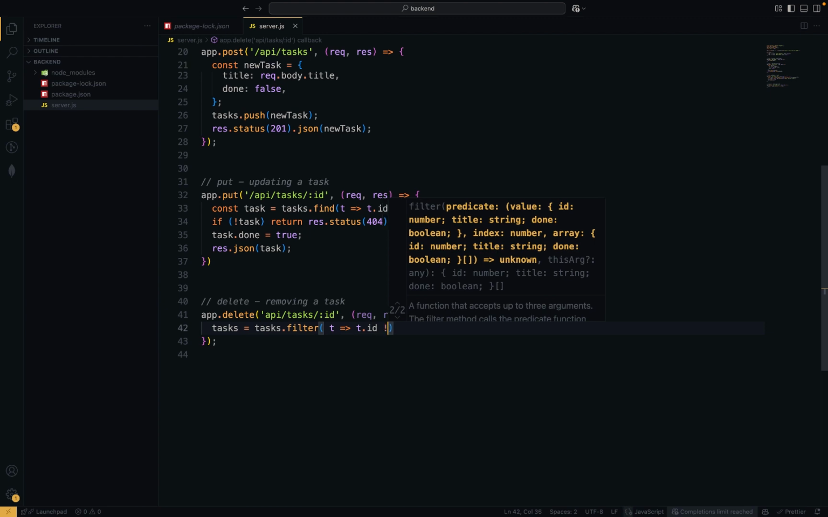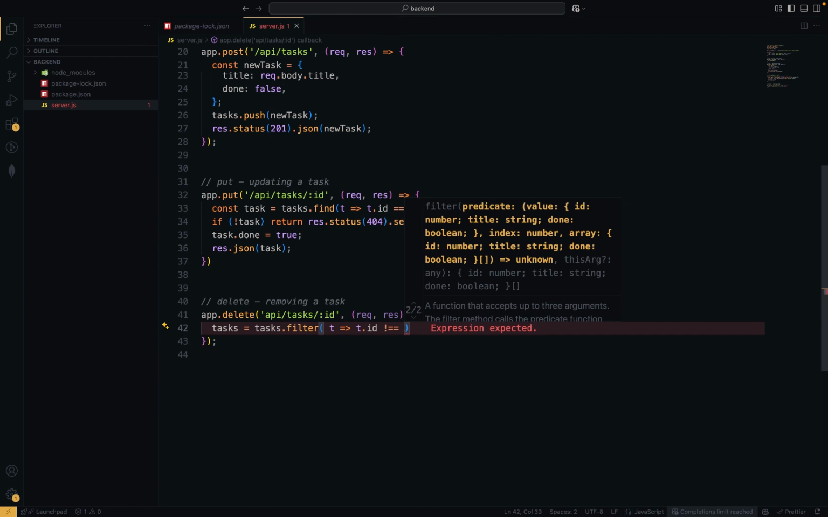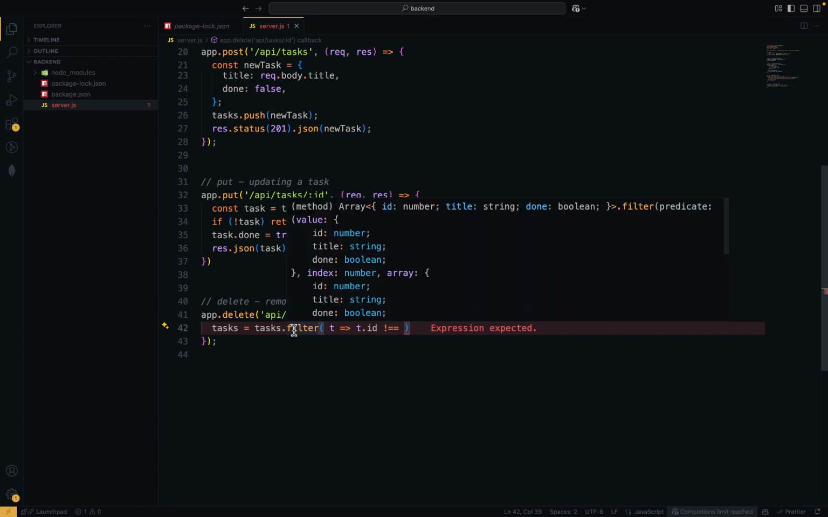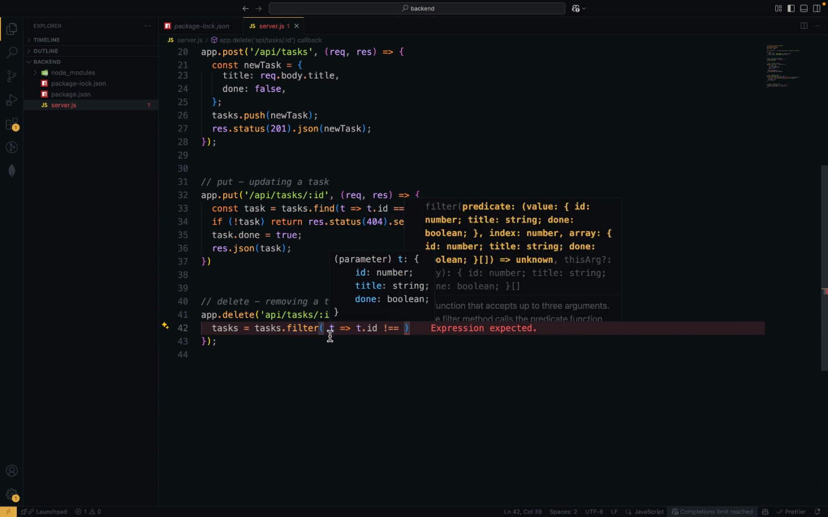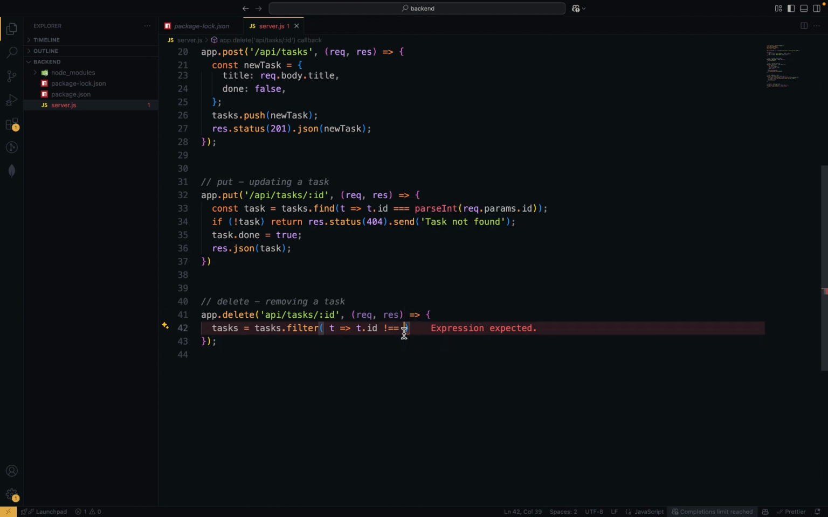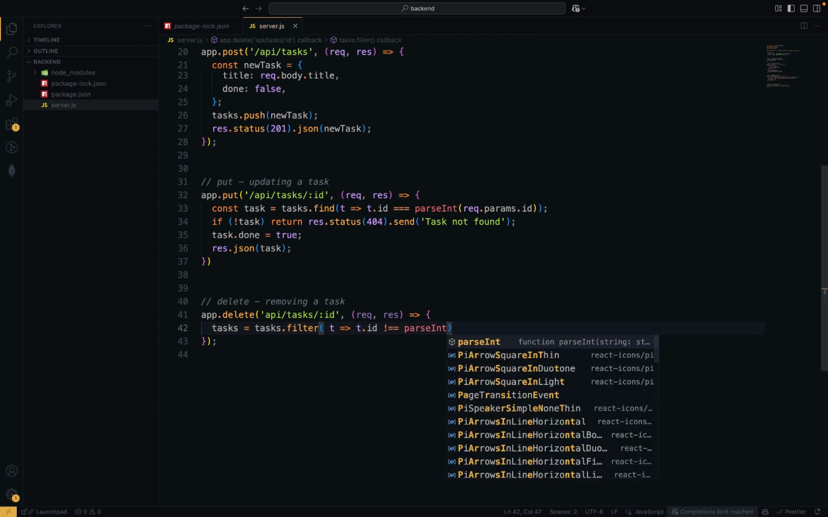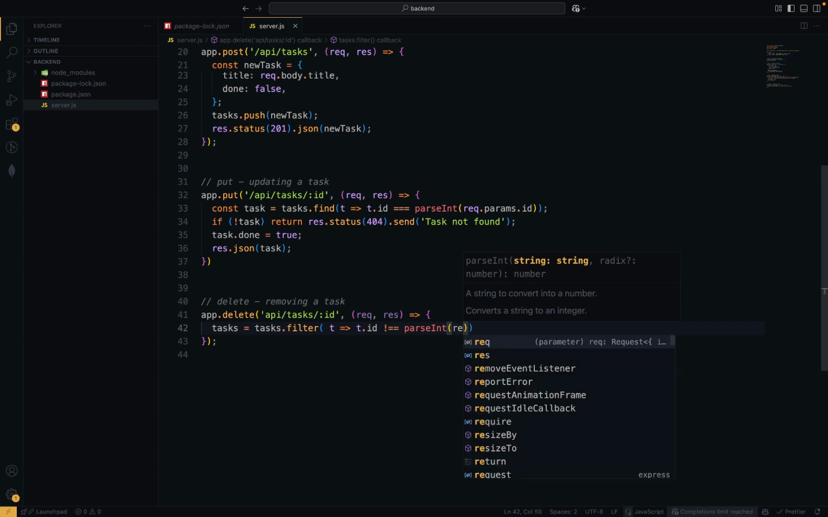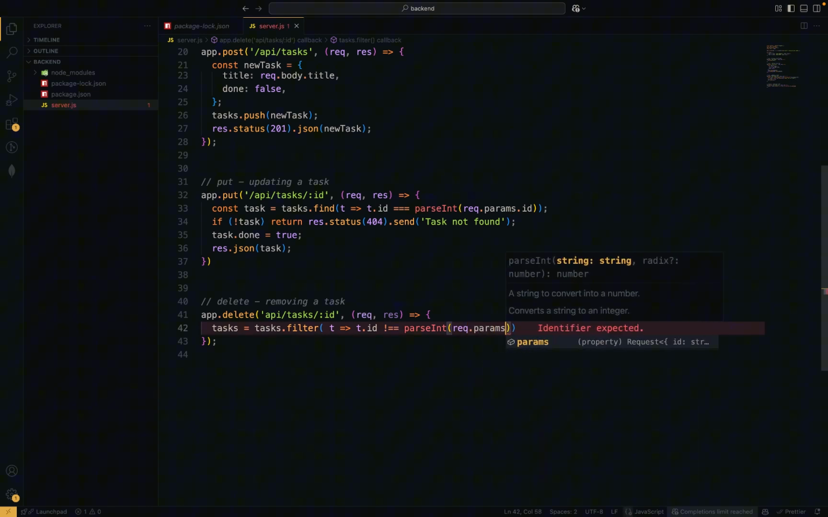is equals to... okay. So what we do is remove a tag, not equals to, as int, trying to convert it in request params dot id, then